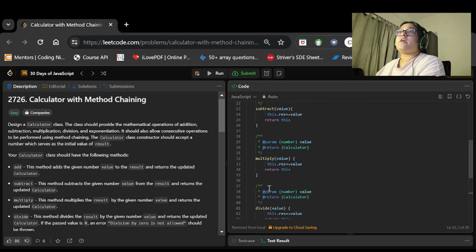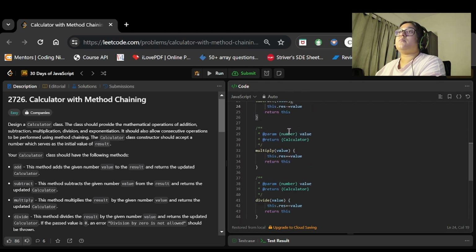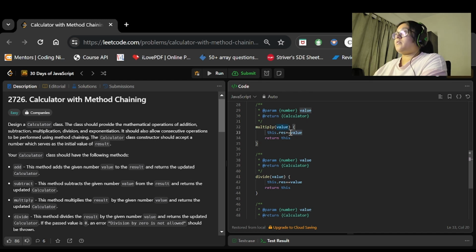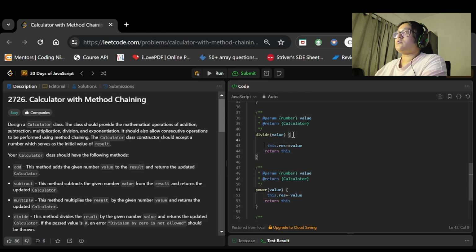In subtract, we had to subtract it. In multiplication, we will multiply. In divide, we had to check, right? So I will check here if value equals 0, then we had to throw an error.